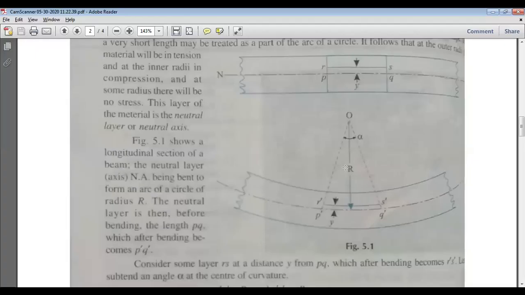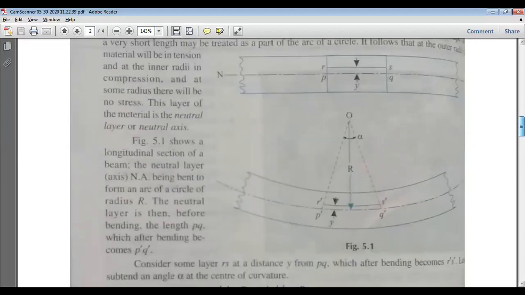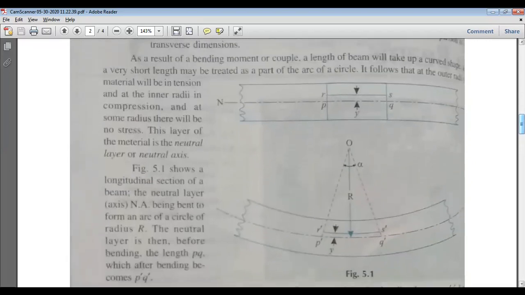So for the first part of the bending equation we could establish a relationship, but we could not do the latter part because time was out. As we discussed, this is the neutral axis NA, and this is a strip PQ that lies on the neutral axis. Then we have RS slightly above at a distance of y from the neutral axis, and RS will be contracting, since the upper part is contracted and the lower part is expanded.